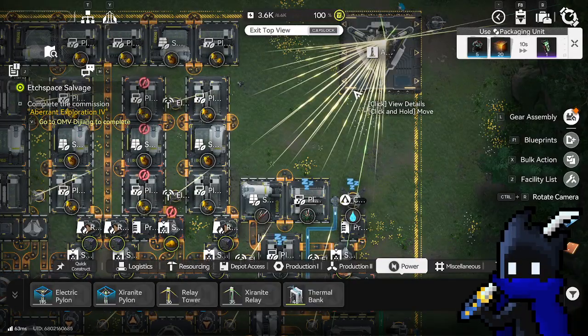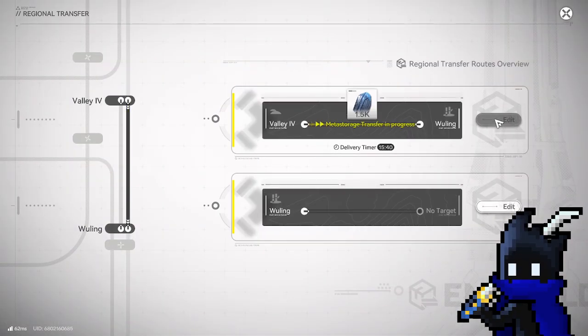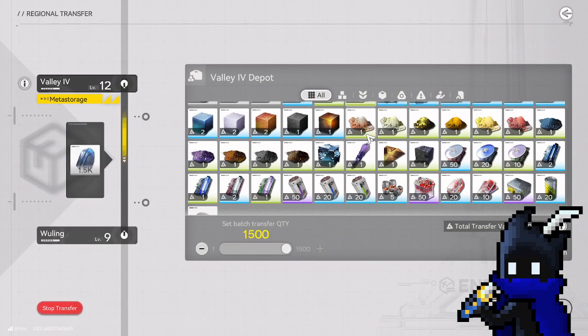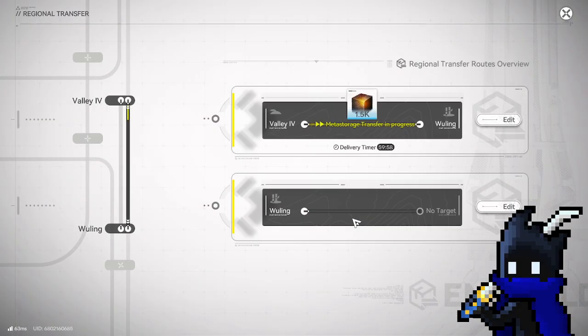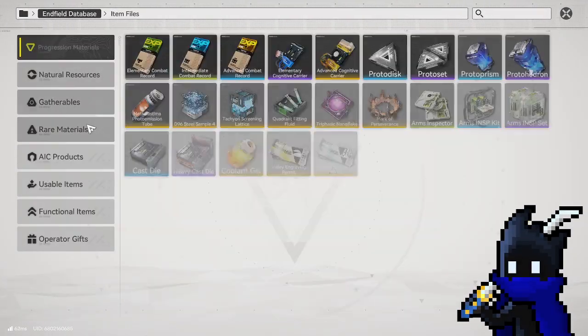So what I want to do is, before I used to transfer dense originium powder because it's the most efficient thing to transfer. This gives me basically 2 originium for the price of 1 regional transfer unit. Yeah, I only lose 1,000 ferrium. That means nothing to me. So that's the best thing to transfer. And I'm just going to be using this for power. Obviously, I can't sell it here, but...